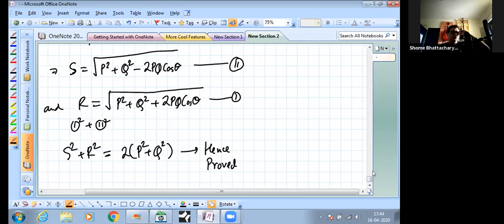Now the 10th question was actually very similar to the question we did about the equilateral triangle. Now you'll remember just a while back we did the triangle of A plus B plus C where the magnitudes were coming out to be the same. So if you apply the same concept in the 10th question, you will be able to solve it yourself.